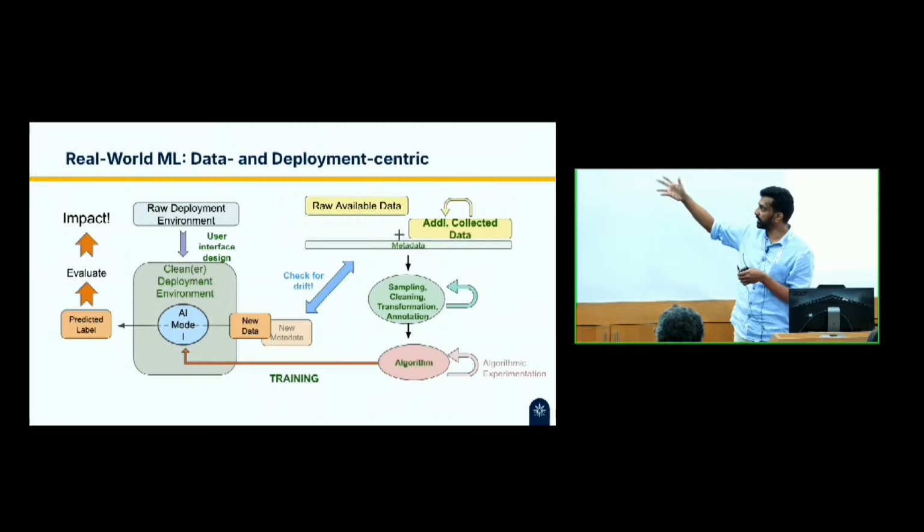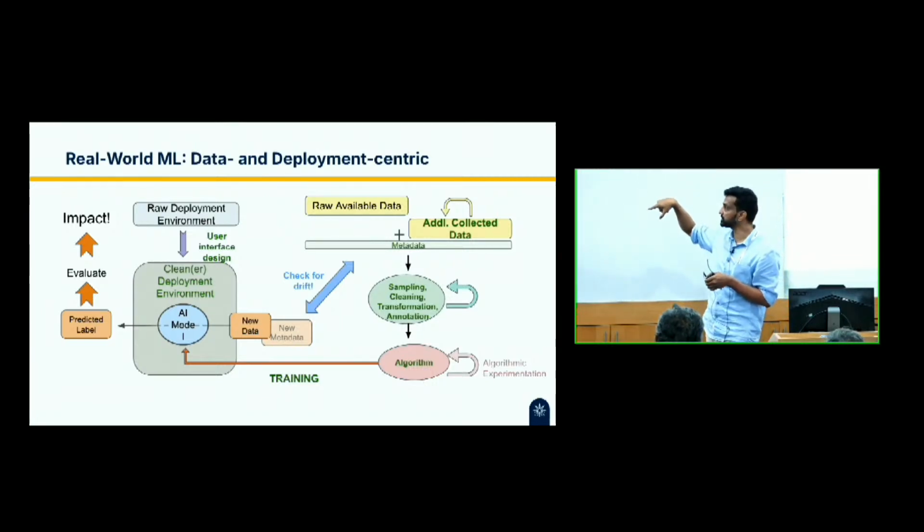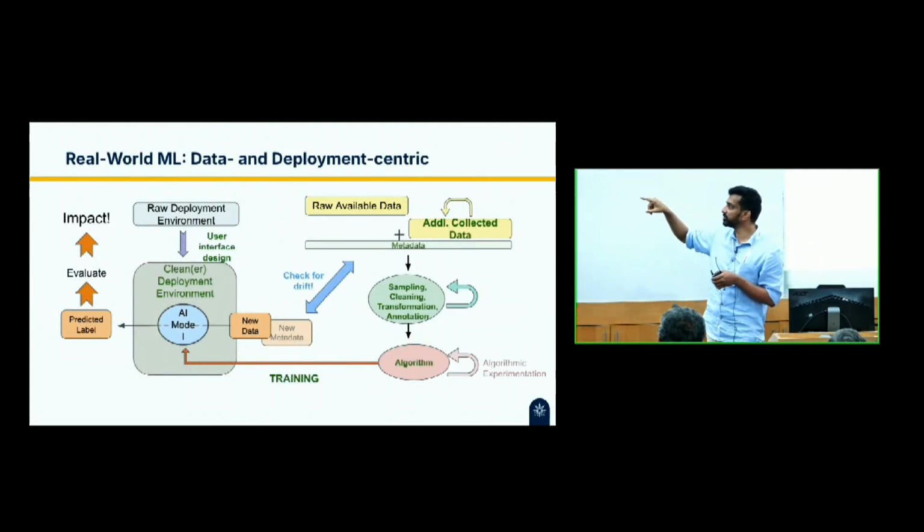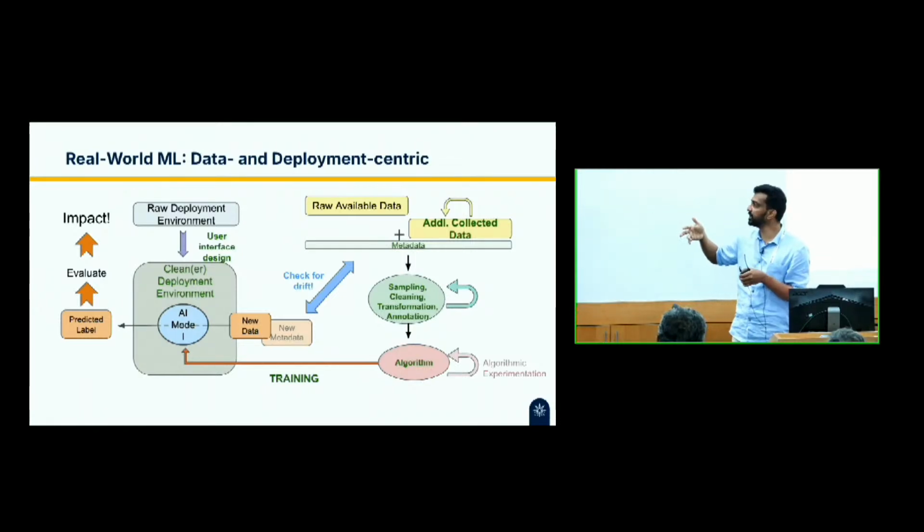So in the real world setting, in contrast to the academic setting, the objective is not to publish a paper, right? We train the model, you predict a label, you evaluate, and you assess the impact. Again, you come back to this. Like I said, you had a very good model, you did everything right, but if there is no impact, then you probably need to talk to your monitoring and evaluation team or the programs team to understand why